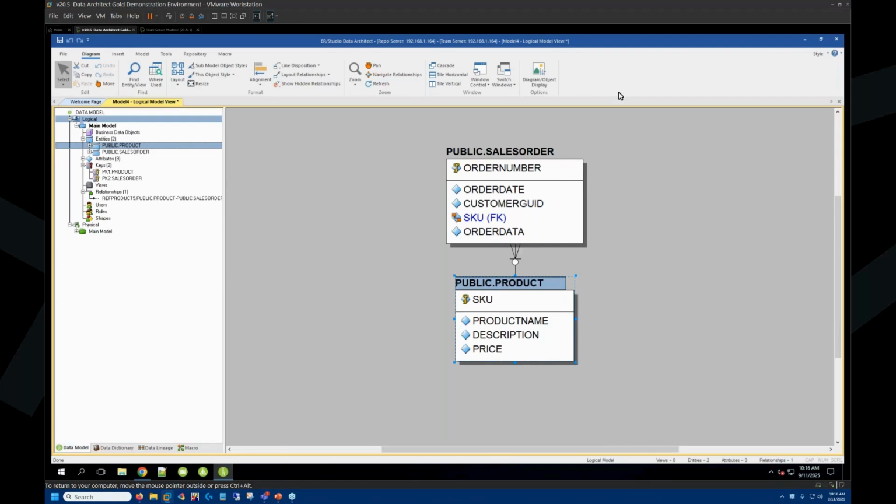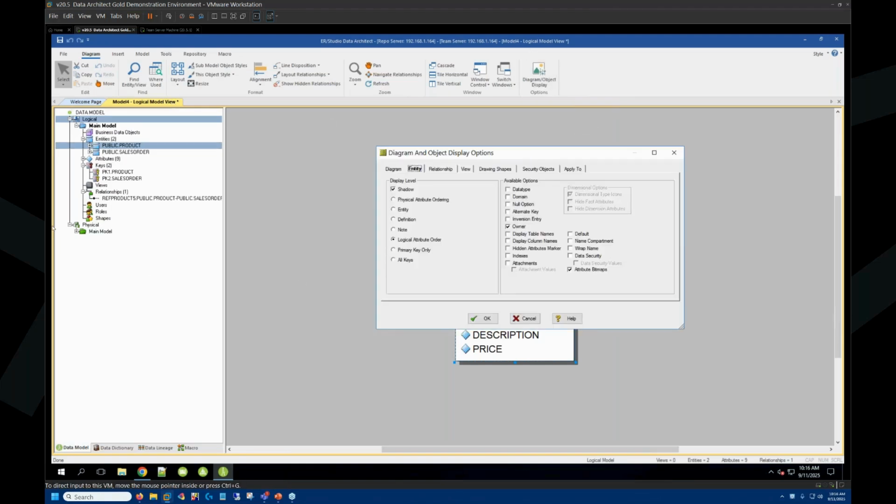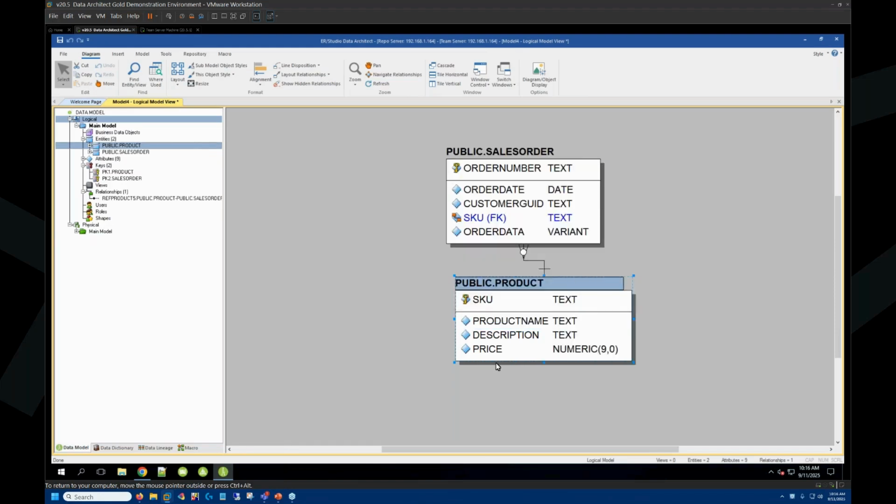You might take the extra step to go to your diagram object display properties. Remember, these can be set for every model, submodel, either a logical main model or logical submodel or physical main model or physical submodels. They can all be set differently. And I'm going to set and show the data type here on my entities. Maybe that'll give us a little bit more